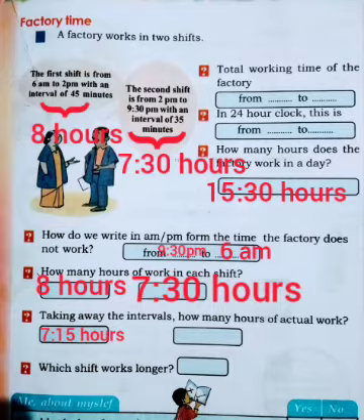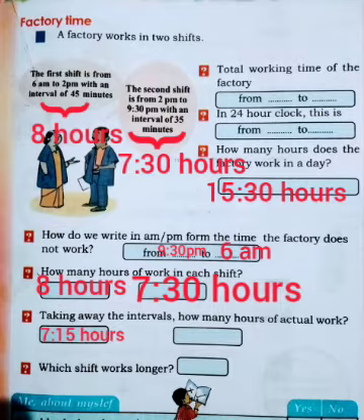Like this, the working time in the second shift is 7 hours 30 minutes. What is the interval time in the second shift? 35 minutes. The total time in the second shift is 7 hours 30 minutes. In that time, 35 minutes is interval. So, how can we find the working time? Yes, by subtracting 35 minutes from 7 hours 30 minutes.